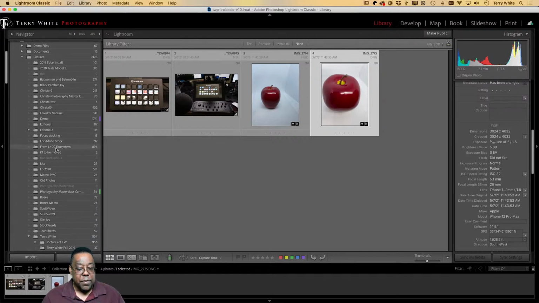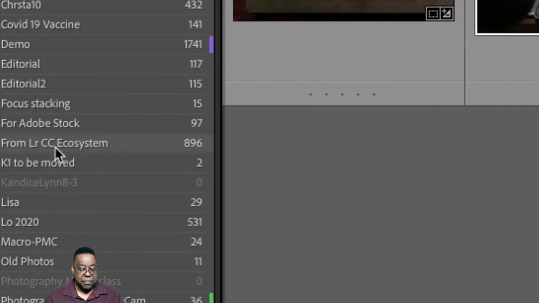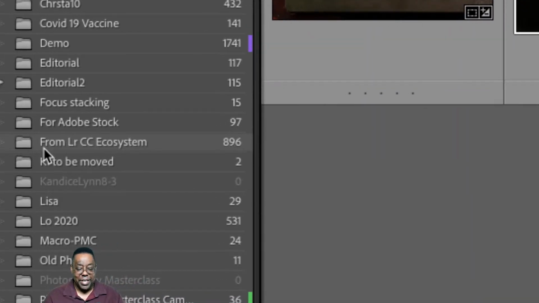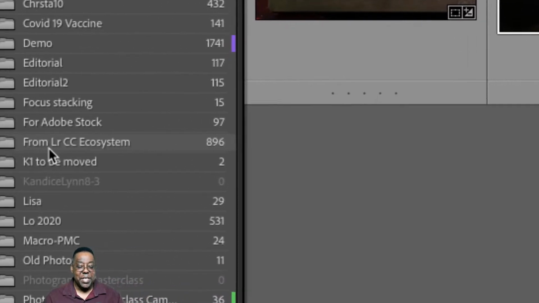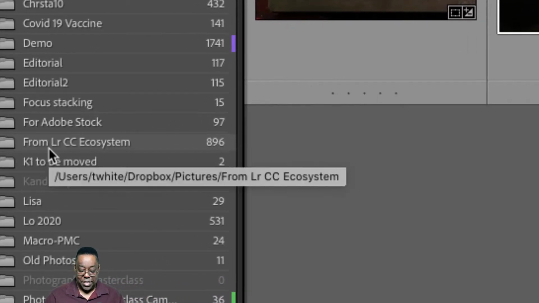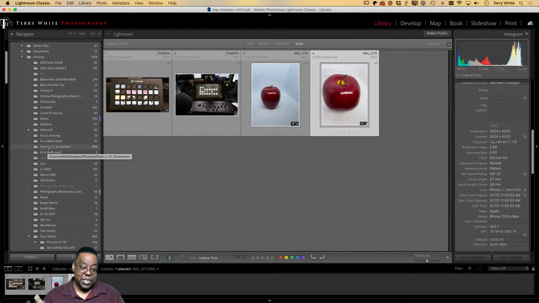There it is. From Lightroom Ecosystem, because that's what I called it back then. So 896 photos are in that folder right now that came down from the cloud in whatever format they were in. So either as RAW or as HEICs or JPEGs, whatever the phone shot, or device shot, I should say in this case.